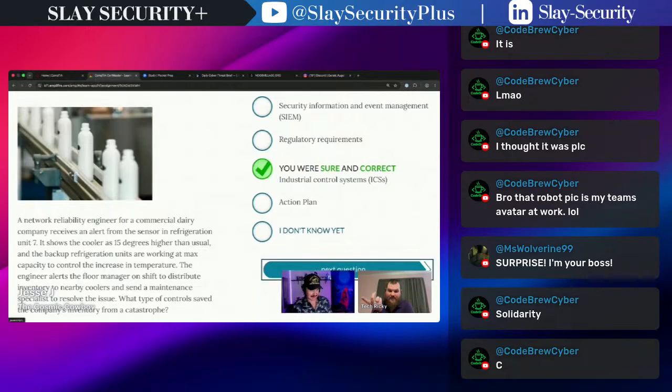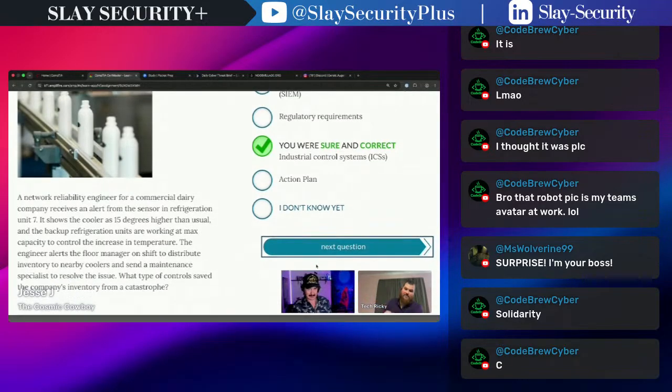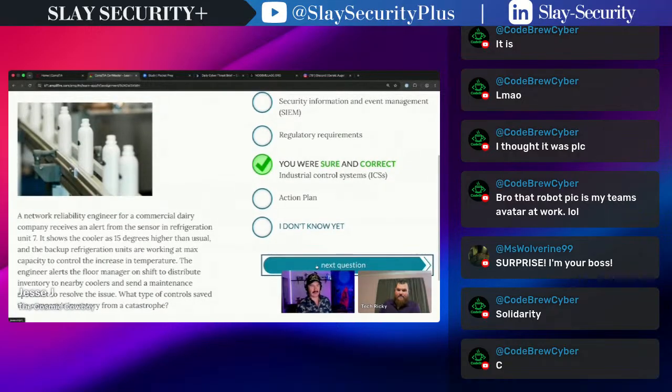Do the logs from that get fed into a SIEM though? Were they trying to throw us? Well, we're correct, but no, because they're not asking us. I mean, I guess they could say, here's the thing, I don't know if your SIEM is set up to receive those. They're not asking us about the SIEM. The SIEM would have nothing to do with that, but the ICS components. Yeah, the sensors and whatnot. Which is funny. I understand why. I don't know why it's a Security+ question, but whatever.